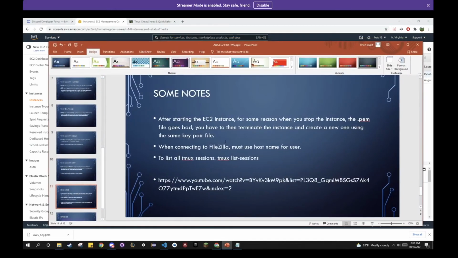So when we connect to FileZilla, we must use the host name for the username, which I talked about earlier. So my host name was Ubuntu. If I used root, for example, it wouldn't work. It wouldn't connect to PuTTY. So I would suggest using the host name. This way it works on the first try. And then to list all the tmux sessions, tmux list-sessions, which is what I was going to show you,